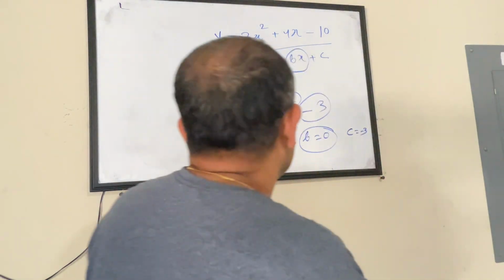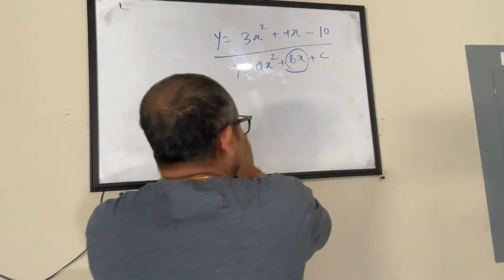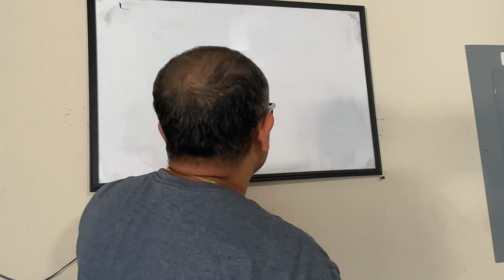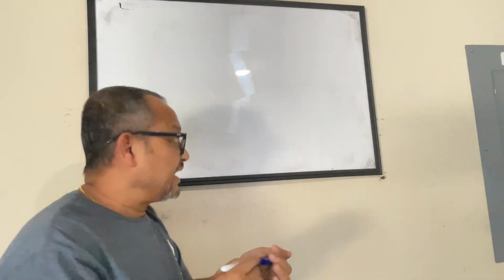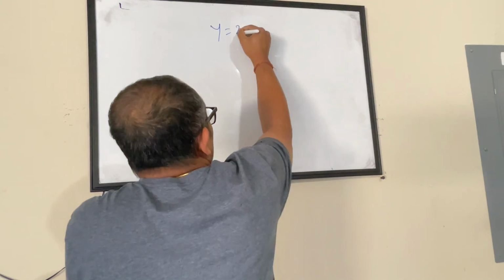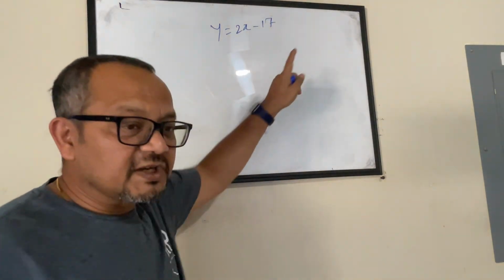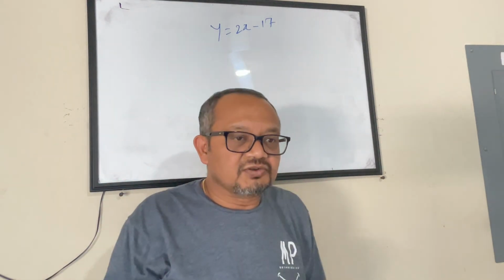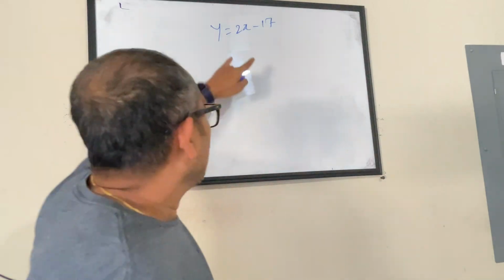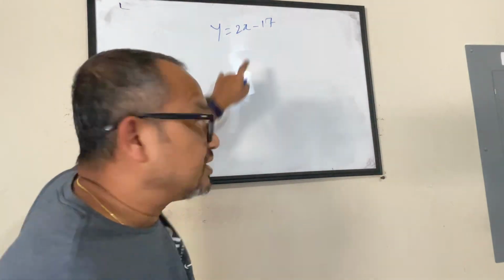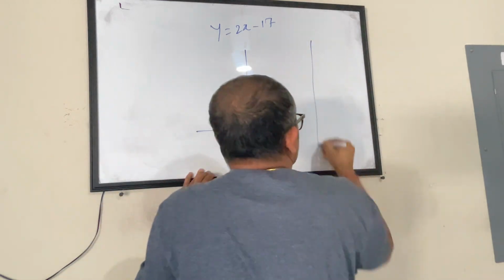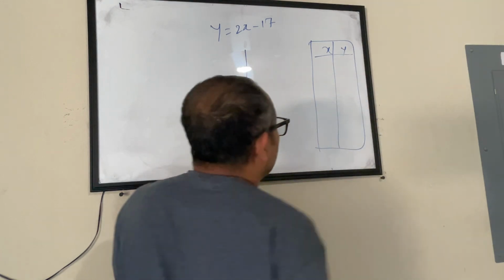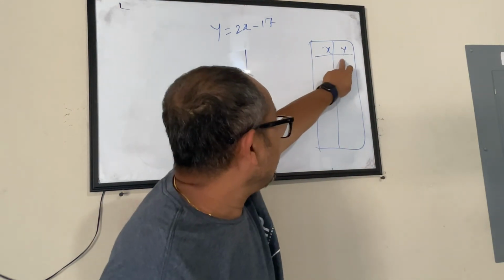Alright. So this is just the basic building block of a quadratic equation when you talk about it. Now let's look at what actually happens if I have some equation like this. Just by looking at it, we can say, okay, y equals 2x minus 17. So this is a linear equation. It will plot a straight line. How do you use this equation for plotting a straight line on a coordinate plane? Everybody knows. You will just create a table and try finding out the value of y for every value of x.